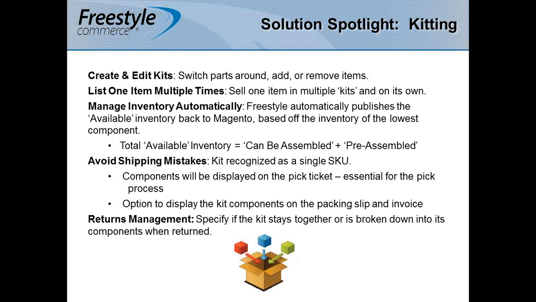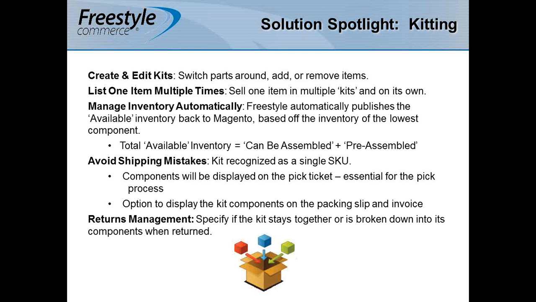You can also have an item listed in one or multiple kits, as well as selling it on its own, and all of that inventory is managed in one spot. So you can see the visibility as to which kits this is a part of and whatnot. Managing your inventory automatically, Freestyle automatically pushes the available inventory back into Magento, and this is based off the inventory